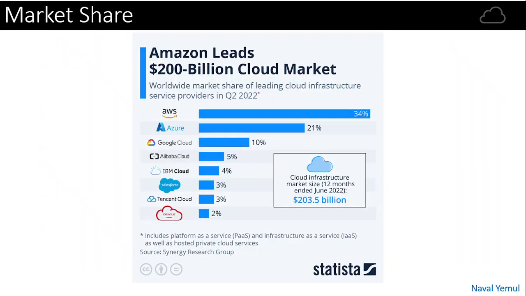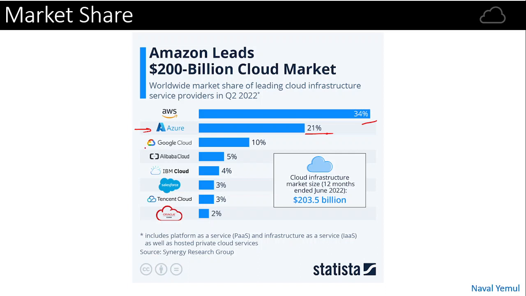Not to worry. If you look at the market share, Amazon is leading the cloud market with 34%, and second is Microsoft's Azure, which is the next competition to AWS. They are also doing rigorous marketing for Azure.